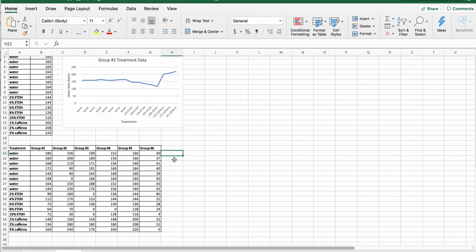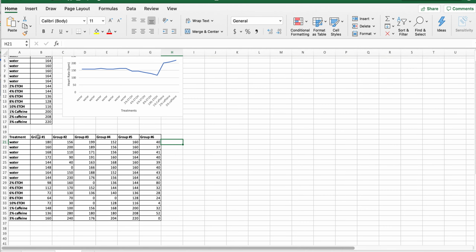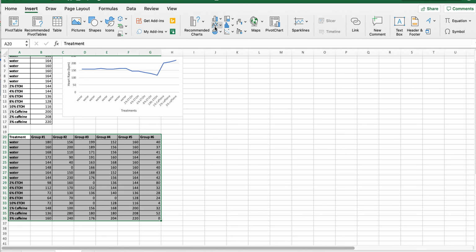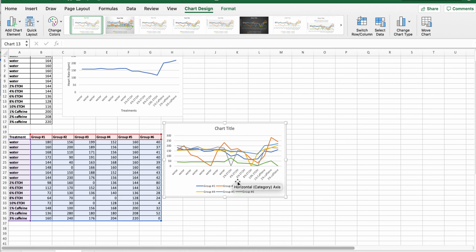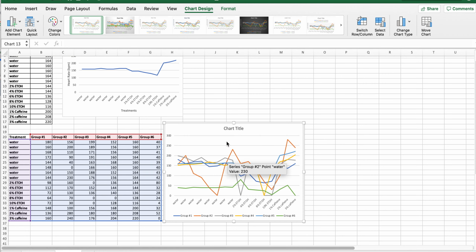It also asks that we graph the entire class. So let's do the exact same process all over again. Highlight all the data, and then we're going to go to the top insert, go to the line charts, 2D, and there we have it. I'm going to make it a little bit bigger and tweak it the way I want it to be. So I'm going to change this chart title,